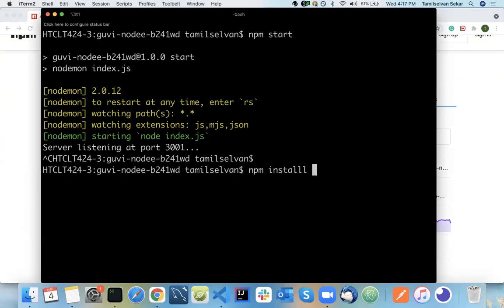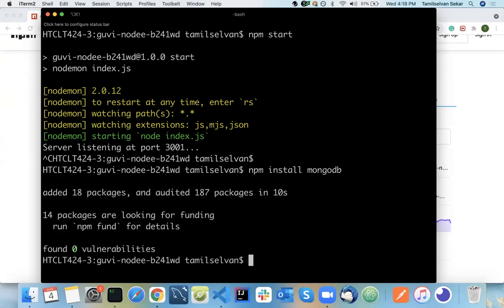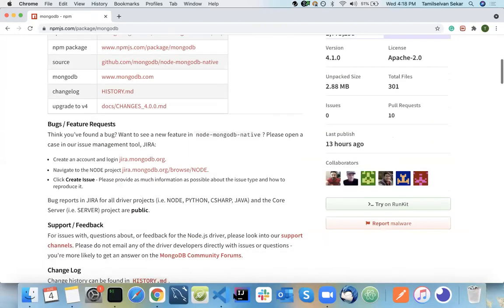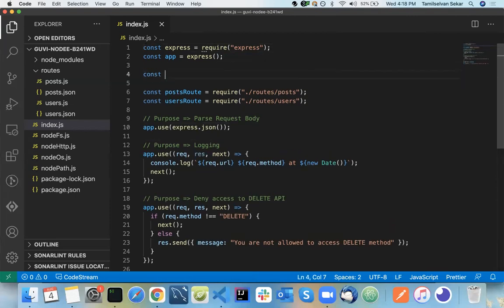So npm install mongodb. We just installed our packages, the MongoDB package. Now let's go here and connect to our MongoDB. In which port does your MongoDB run? The default port for your MongoDB is